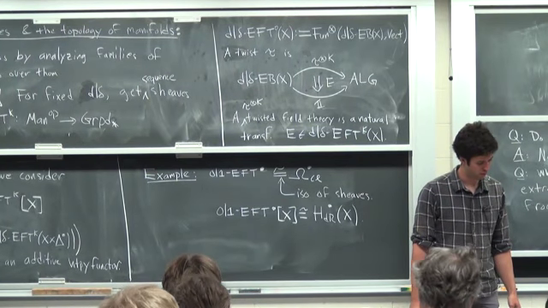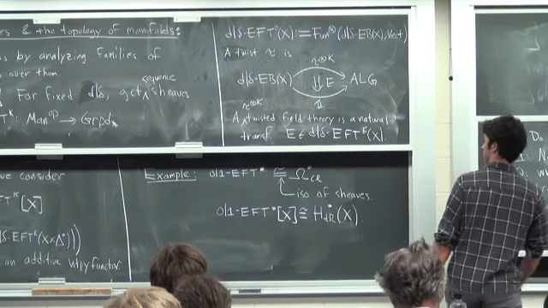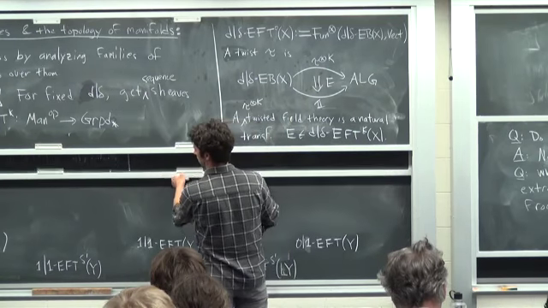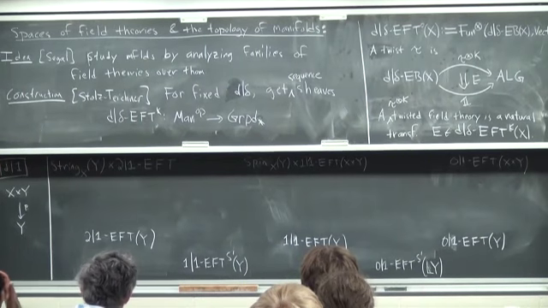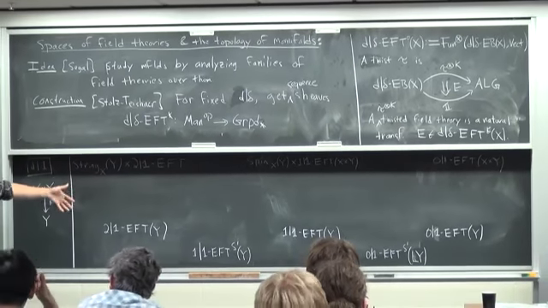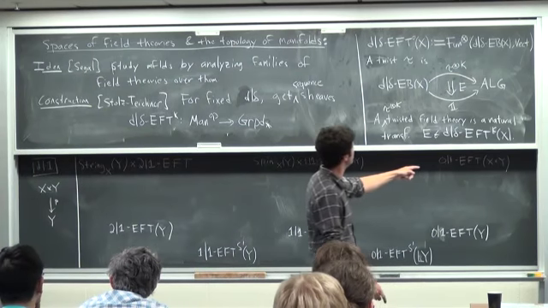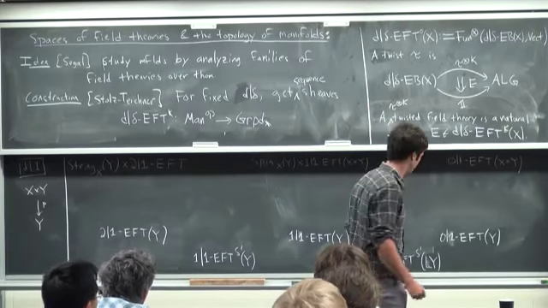Okay, so I think we're ready for some giant diagrams. Okay, so I'm going to start with looking at d|1 field theories, give you a bunch of examples, and tell you how these things relate. So I'm going to start over here on this far side. So 0|1 field theories, remember, were de Rham theory.